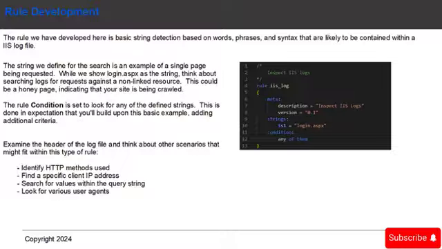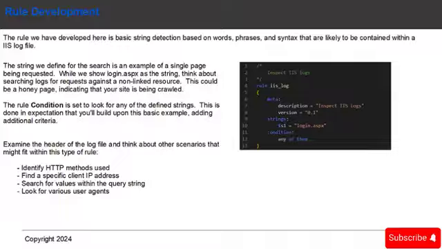So this is why you would potentially want to have a Yara rule that would search for the presence of a request against a certain page. The condition here is set to look for any of the defined strings. We only have one in this example, but the thought is that you would add to this. This would be a setup for you, a starting point, and then you would add more pages to be searched